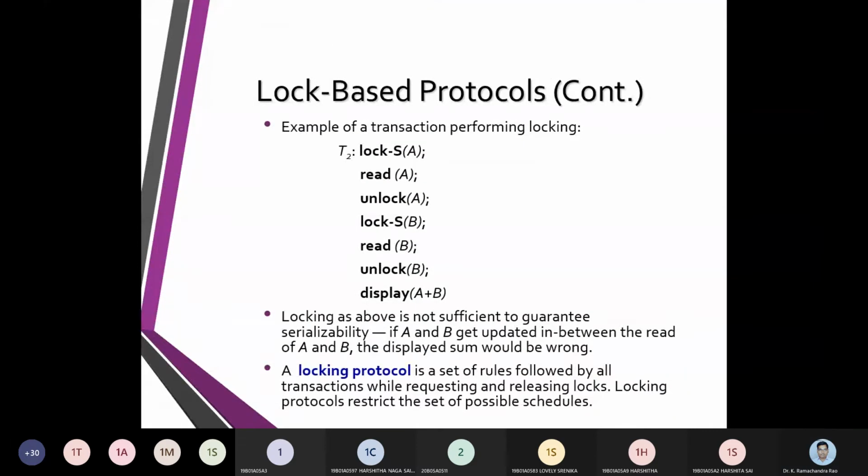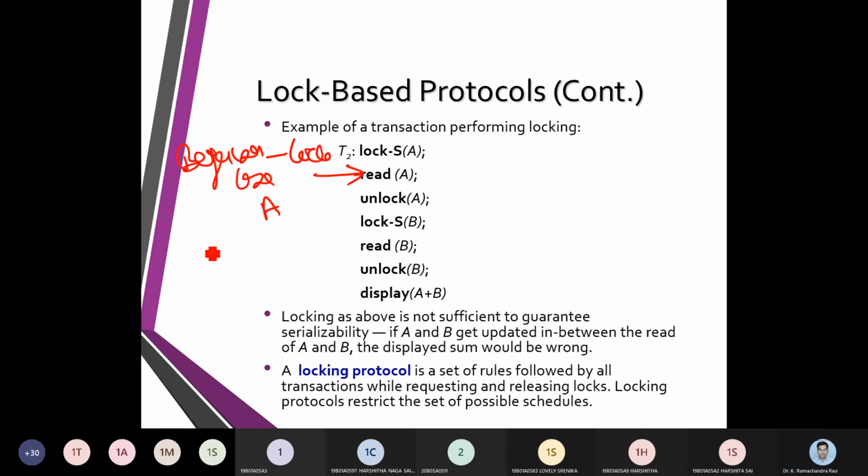Now, here is a scenario where we use the data item A. Before use, we lock it.